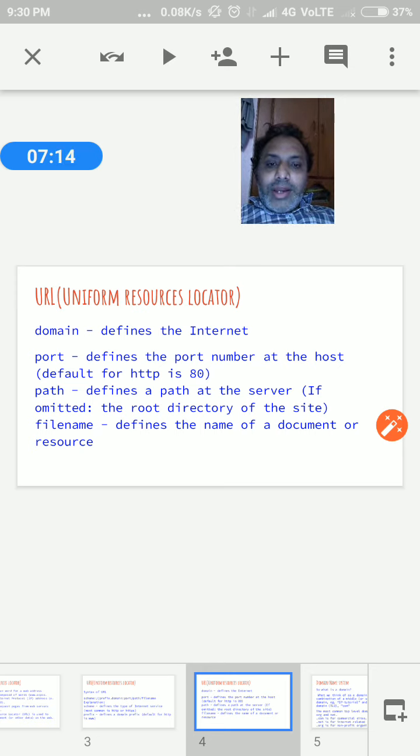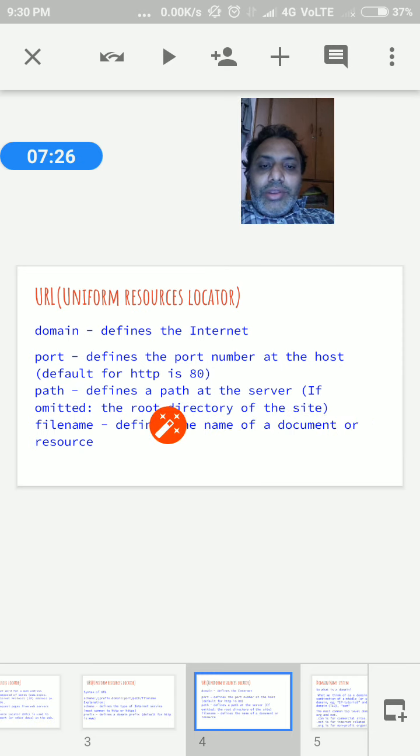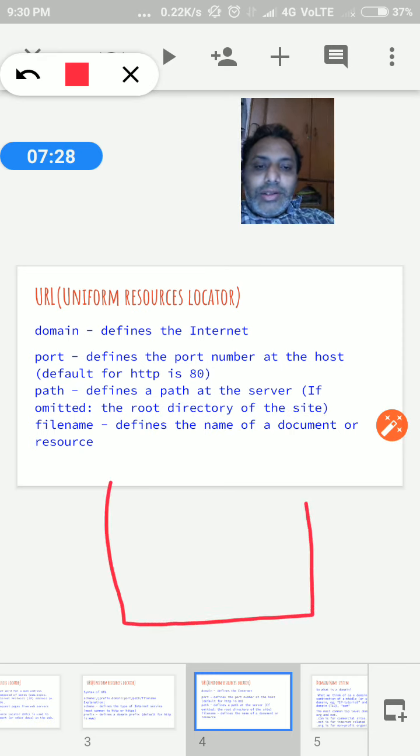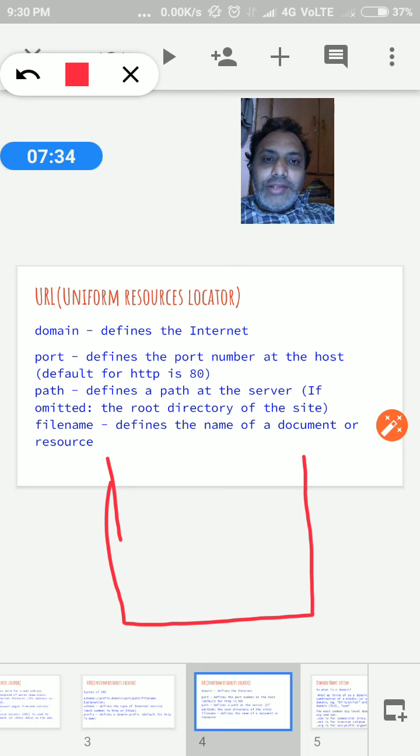The path defines the location on the server, and the server omits the root directory of the site. Of course, it is very important. What do we mean by that? On the web server, suppose we install it on a Linux operating system.